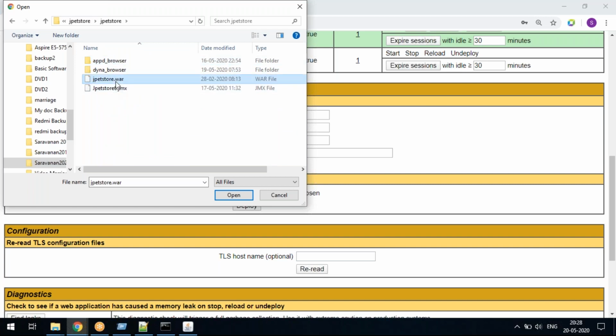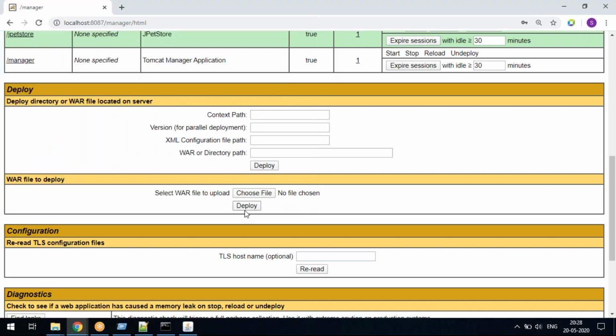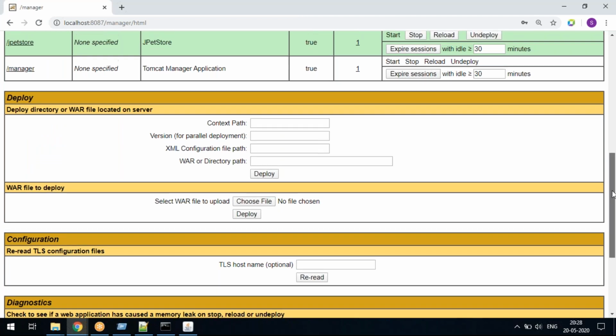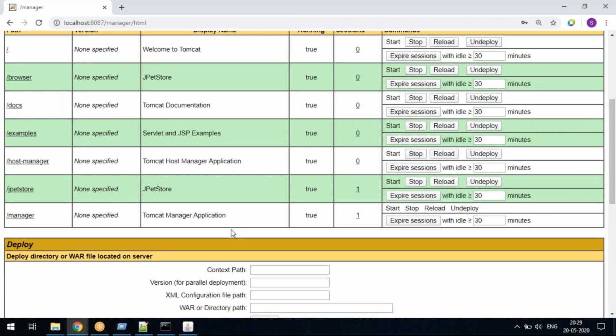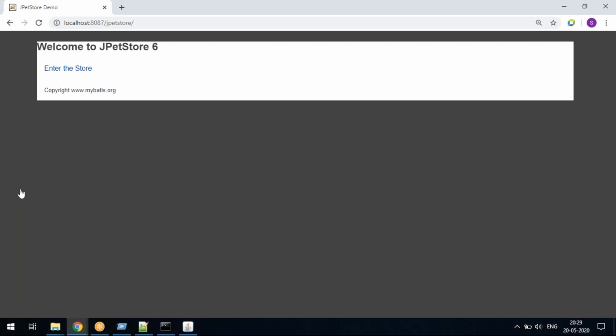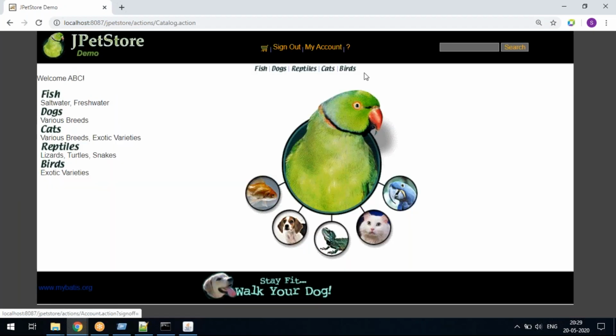I can select this war file, and if I click deploy, it will deploy into my list of applications. You can see I already deployed that war file. JPEG store is a war file. If I click this link, it will open my application, which means going forward, if I use this URL, my application is loaded under that.